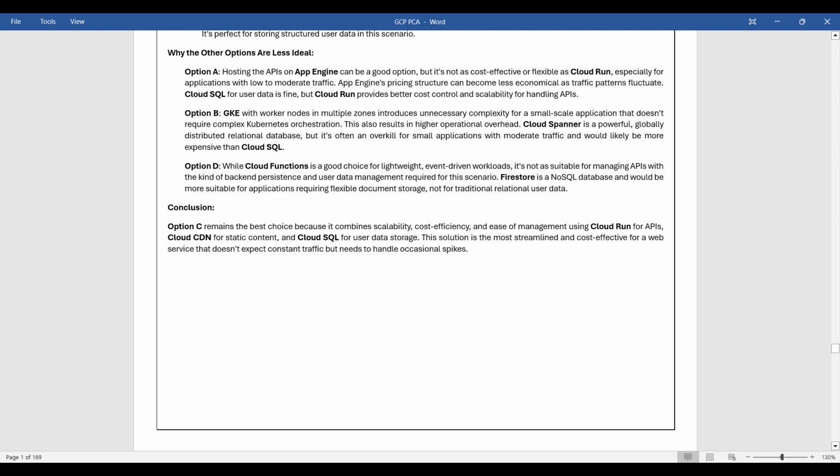Option D. While Cloud Functions is a good choice for lightweight, event-driven workloads, it's not as suitable for managing APIs with the kind of backend persistence and user data management required for this scenario. Firestore is a NoSQL database and would be more suitable for applications requiring flexible document storage, not for traditional relational user data. Conclusion. Option C remains the best choice because it combines scalability, cost efficiency, and ease of management using